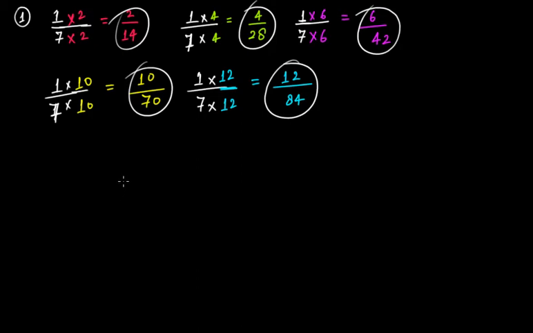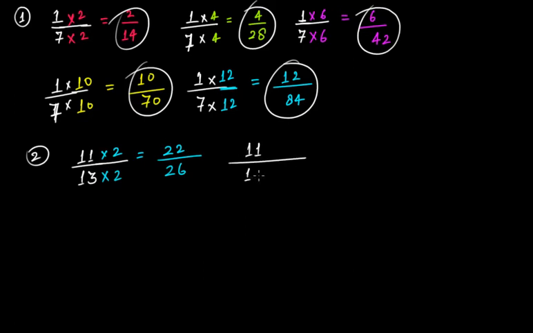If you want to take one more example, then let's say this time we find only 3 equivalent fractions. If it is 11 by 13, so if I have to find 3 equivalent fractions for 11 by 13, if I multiply by 2, this will be 22 by 26. If I multiply 11 by 13 with 3,